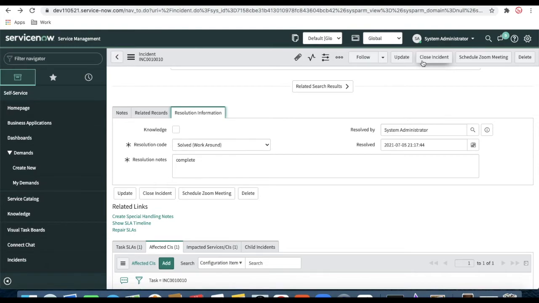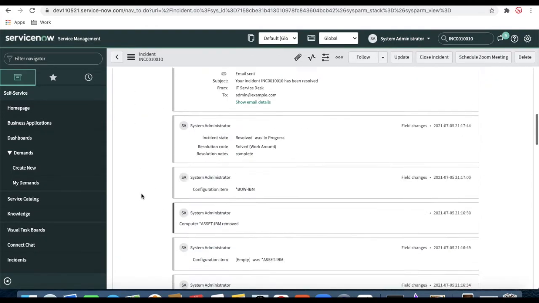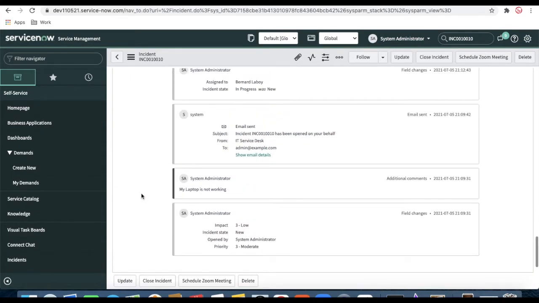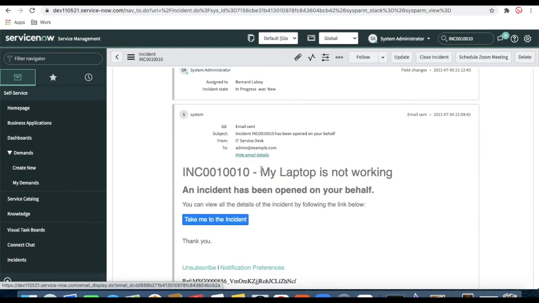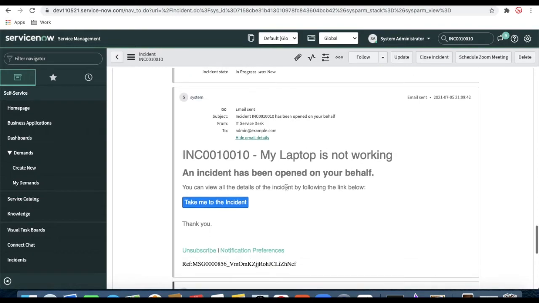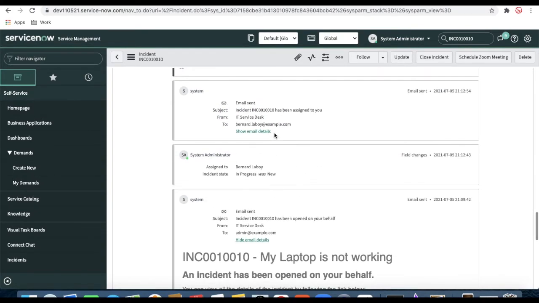So let's talk about notifications for incident. Whenever you open an incident on behalf of someone, there will be one notification generated with this incident number, and it will be sent to the actual requested for. So whenever your incident is generated, it will be sent to the requested for with the incident number.